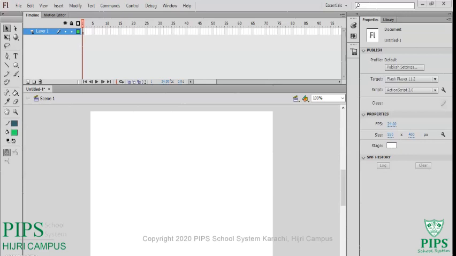First of all, what is Flash? We are learning Flash CS3, which is in your book, Keyboard series, Oxford third edition, and this is for third term. Actually, this software, introduction to Flash, is basically for designing purposes: animations, designing, interactive videos. When we want to create any object and show animations in a video or on a web page, we can use Flash CS3. Basically it is for animations, and we also use it for designing purposes.